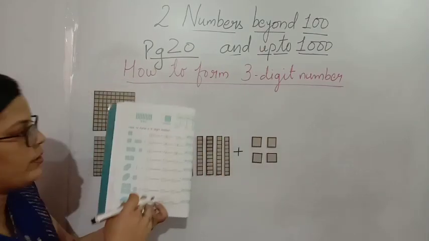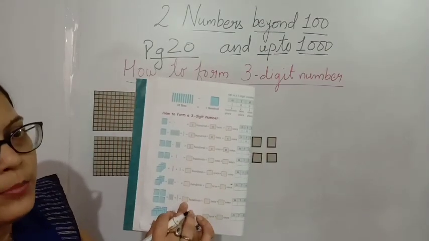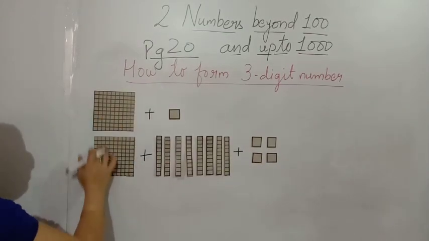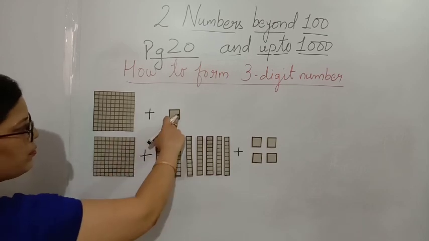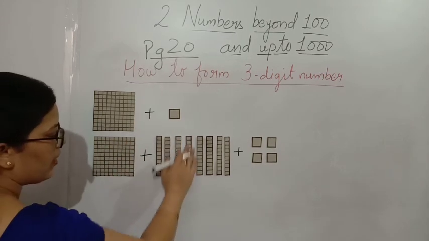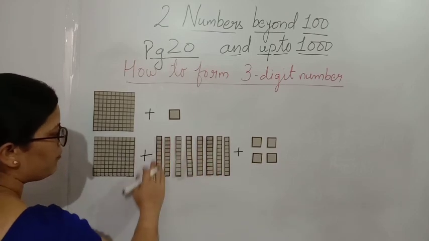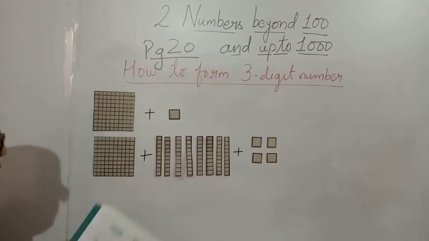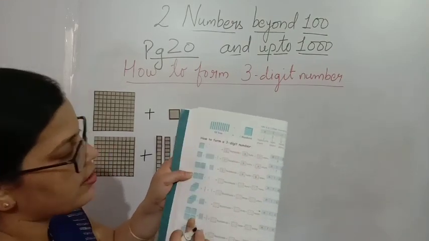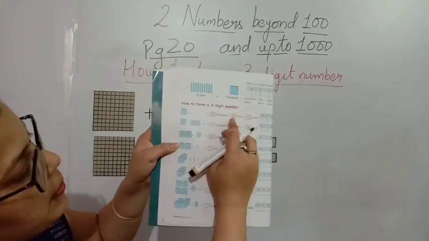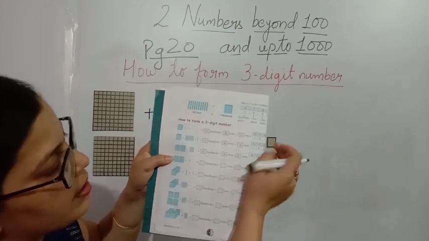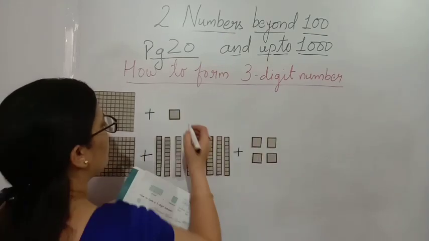We are going to do this exercise in the book. So be ready with pencil. Now see, these are the blocks of hundreds. These are the blocks of ones, 1 unit. And you know that these are the blocks of tens. Now see here, we have to write the numbers on the basis of these blocks in the box given. And then we have to form the number according to the places.